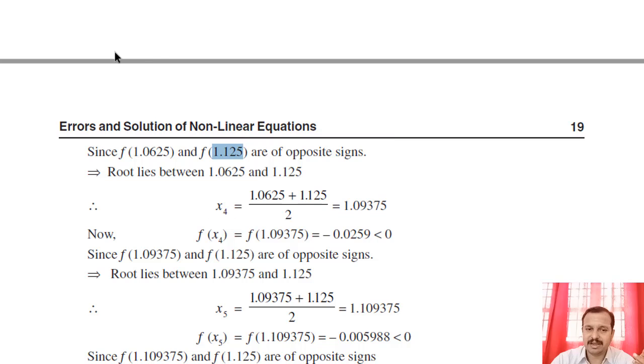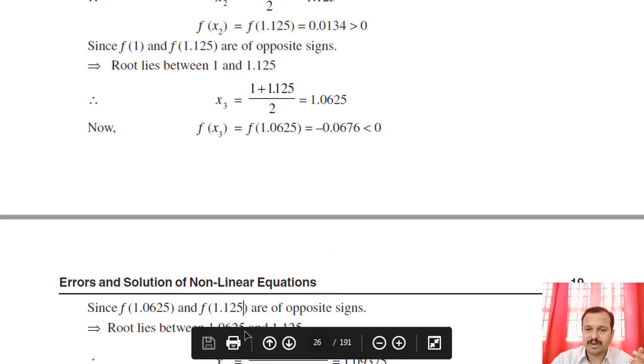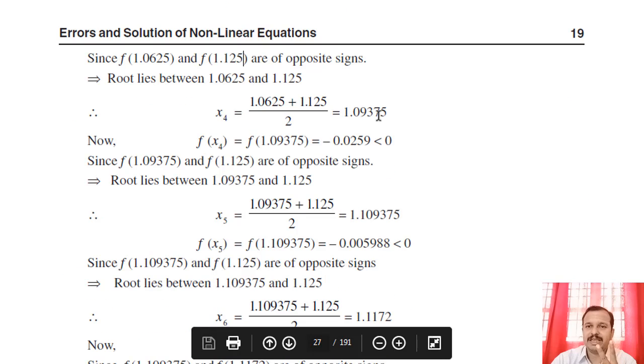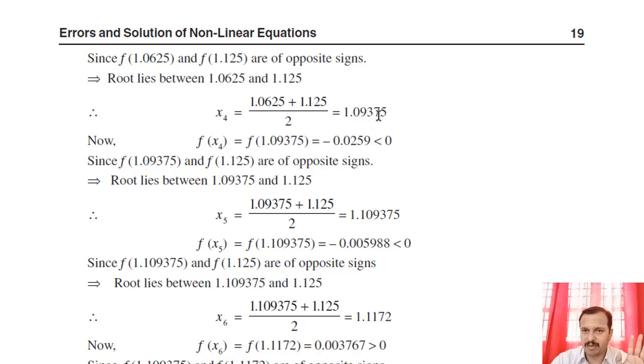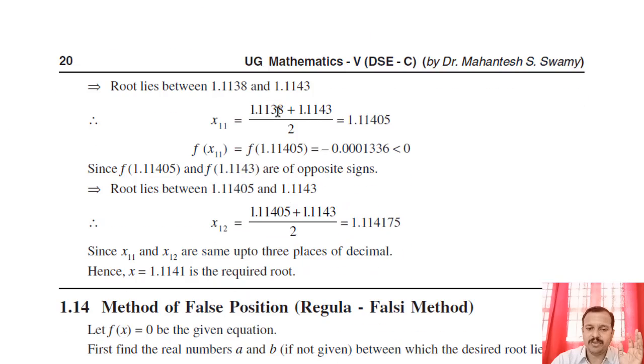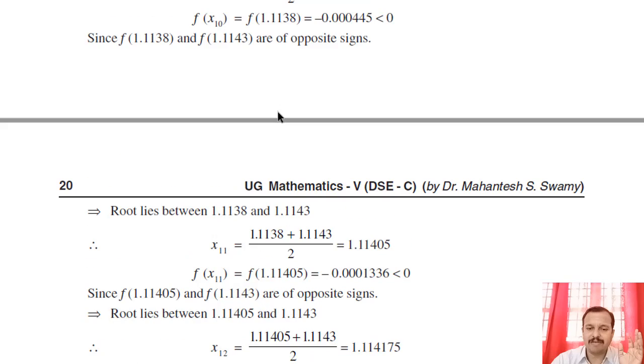What was x3? x3 was 1.06, but x4 is 1.09. At the second decimal place itself, the answer is different. So therefore it is not our answer. We have to proceed further. So we have to go on improving the values as I have explained in the previous steps. You do the same type of work, and I will tell you, at the 11th iteration,